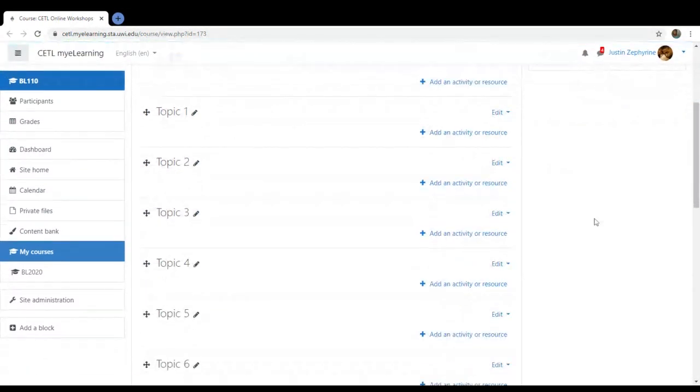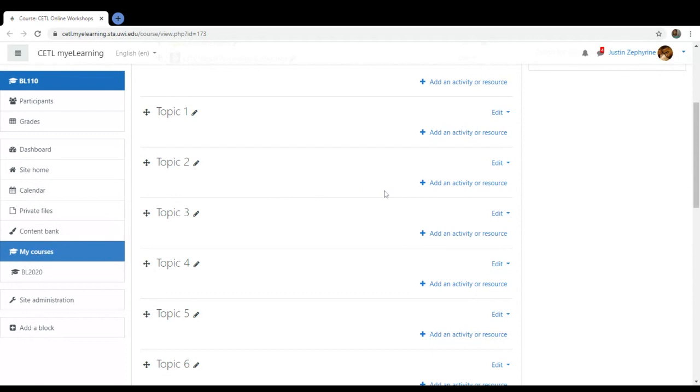You will always know editing is turned on because you have these icons here: the pencil icon, the four-headed arrow icon, the edit menu, and add an activity or resource.